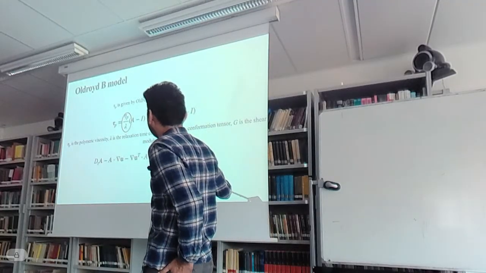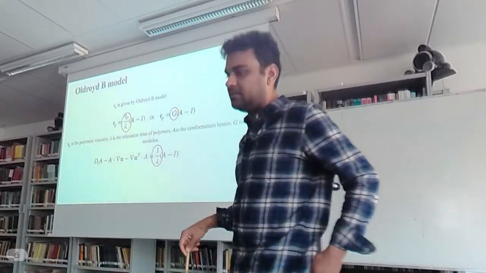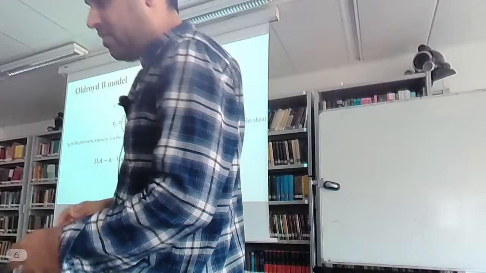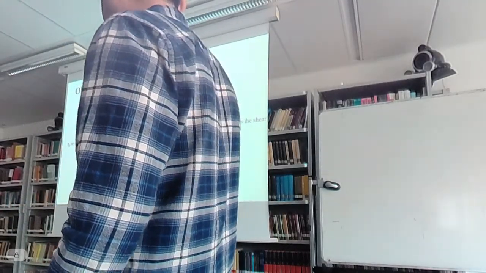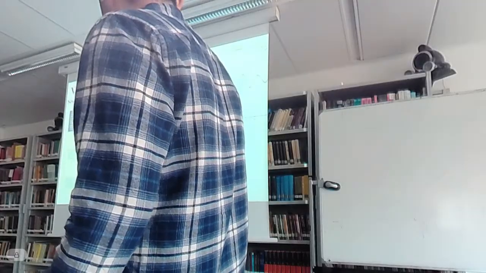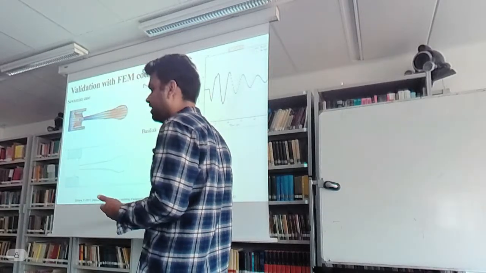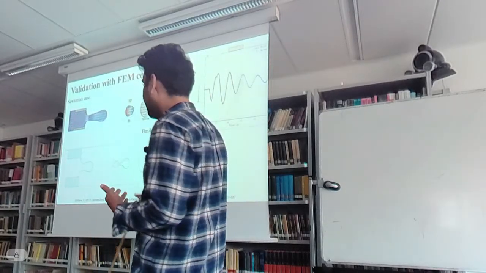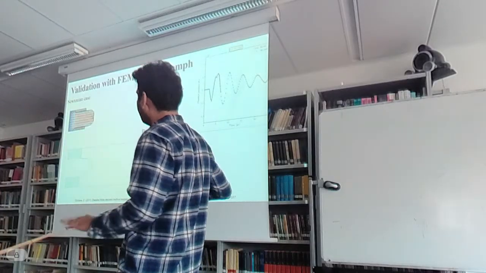There are two independent parameters that you get out of this model, which are the polymeric viscosity and the relaxation time, and the ratio of the two is often referred to as a shear modulus as well. So with these two parameters, you can try to mimic what is happening when you add polymers into the system. First we try to validate our code or simulations, because we have this extra code on 1D dynamics inside the restrictor, etc. So we validate this with already available finite element code